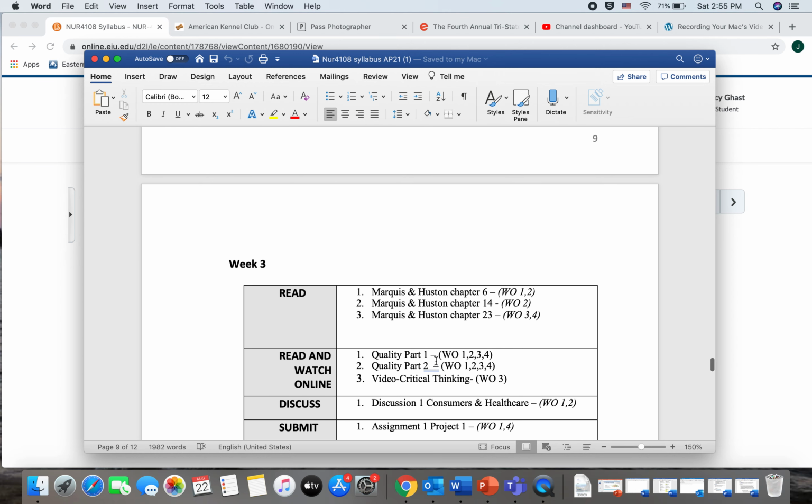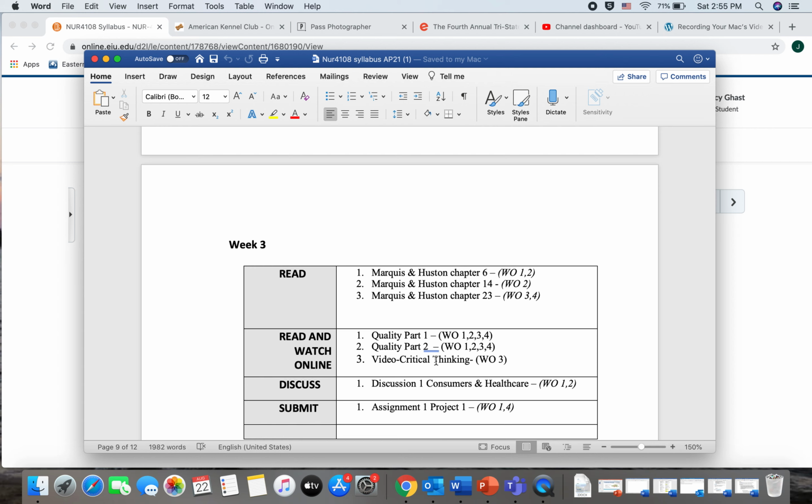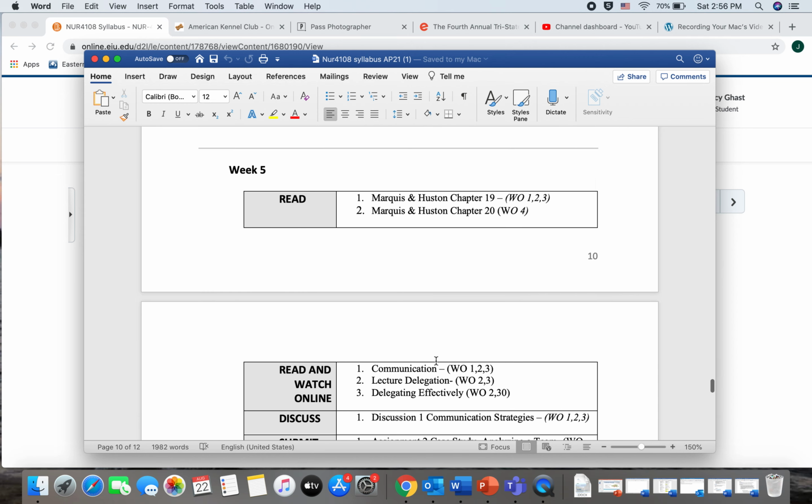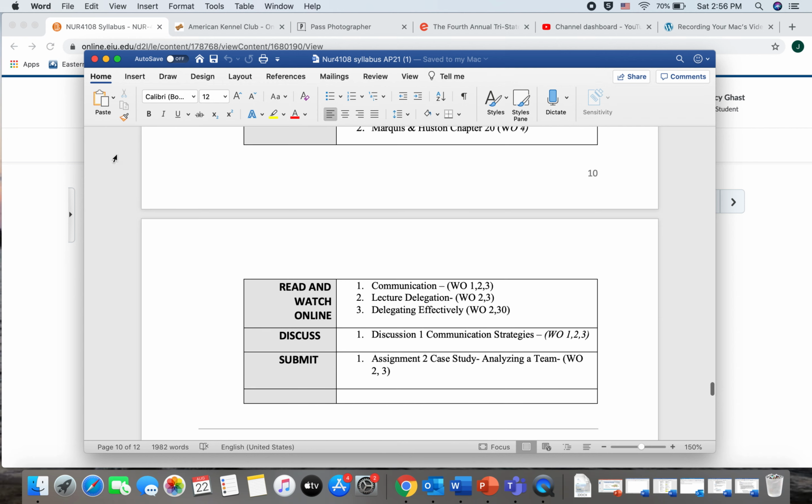Week 3, you do have an assignment or a project. When you hear the word project, that typically means you have a paper with it. So week 3, you have a paper coming up. So please don't wait to the beginning of week 3 to get started on that. Make sure you're looking ahead. And the big one, you have another paper due week 6. And that's what I want to talk to you about today.